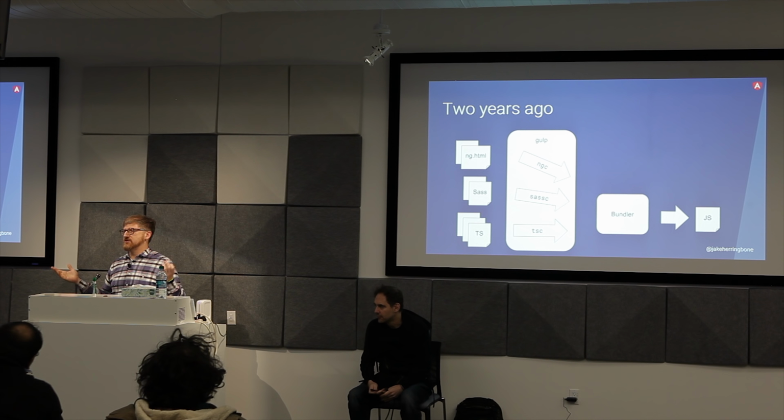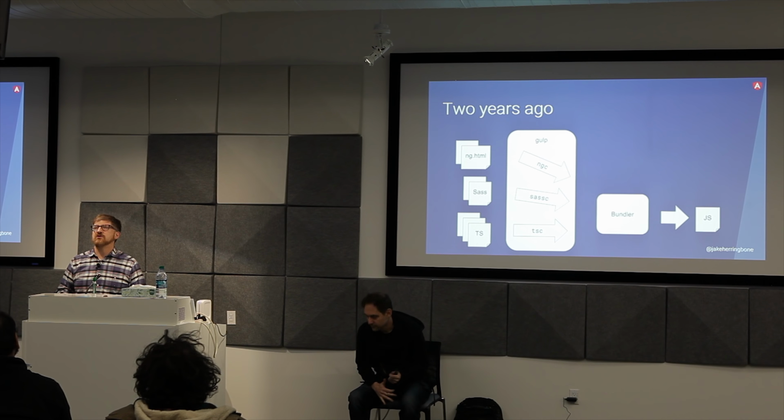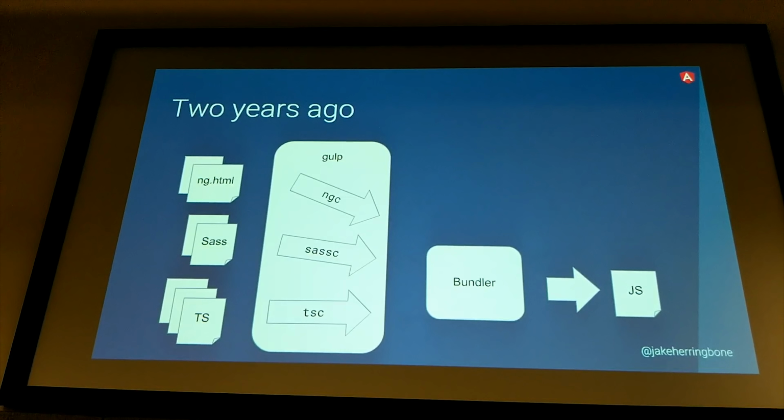So Gulp was just one build tool, came after Grunt, and then other ones came after it. They seem to come and go. The idea with Gulp was that you would configure it to say, OK, for my Angular sources, you need to run ngc. For Sass, you might run Sass-C. For TypeScript, you might need to run TSC. So you configure it to run these different things, and then it goes into a bundler, and then that bundler